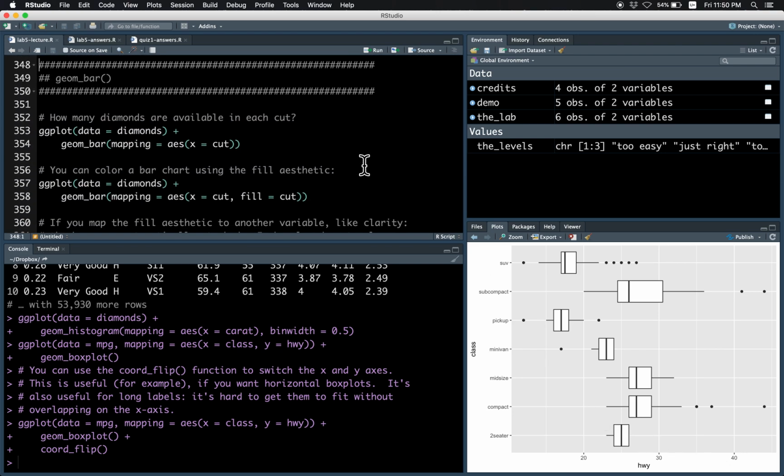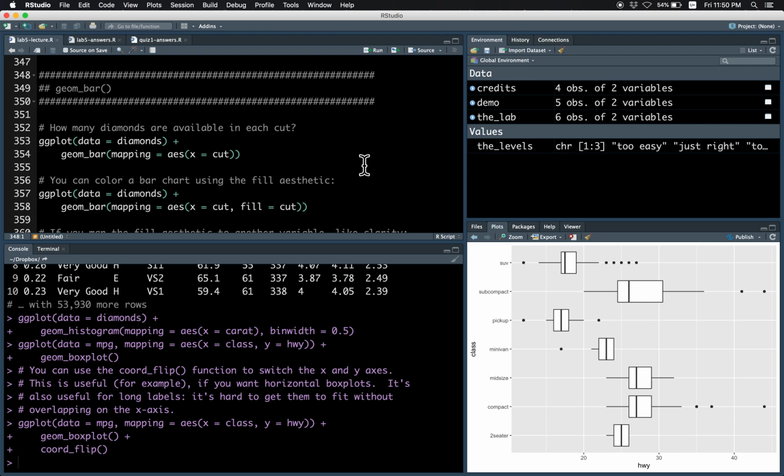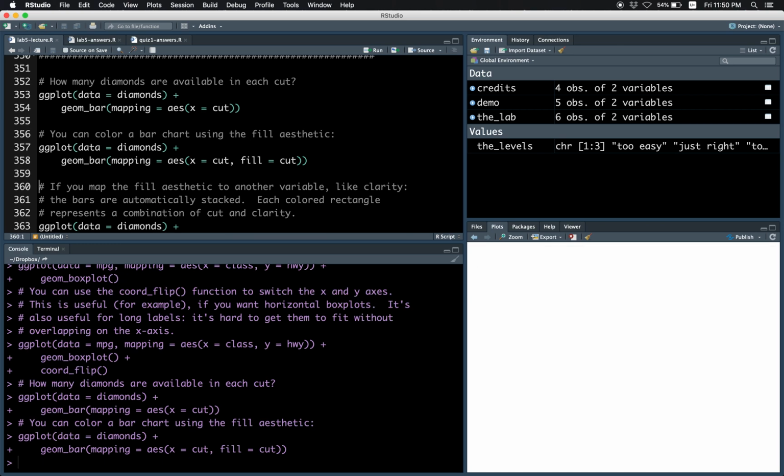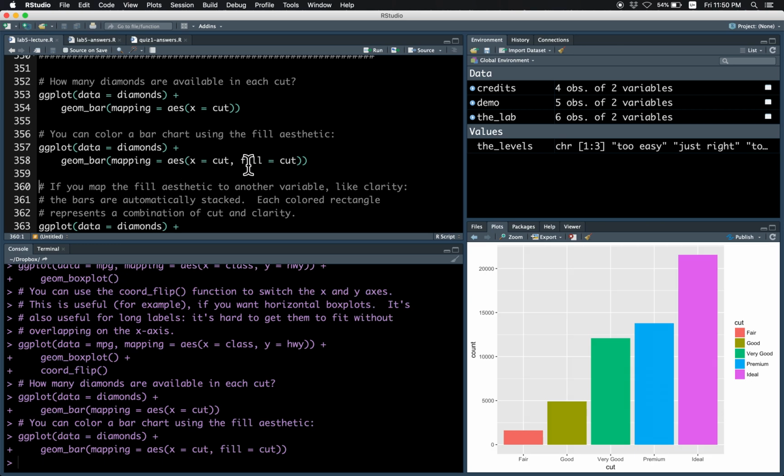Alright, for geom bar, you can also use geom bar to count. So you can count the number of diamonds of each cut, like so. What is quite cool is you can color the bar plot or bar chart using the fill aesthetic,